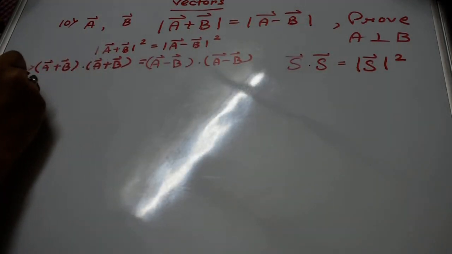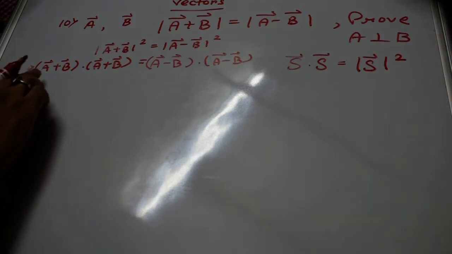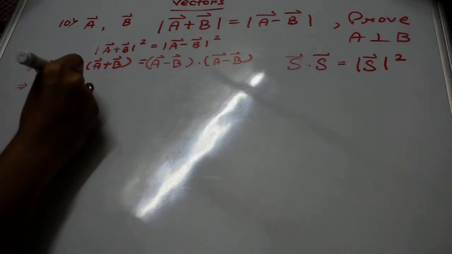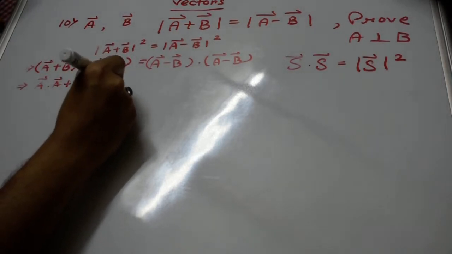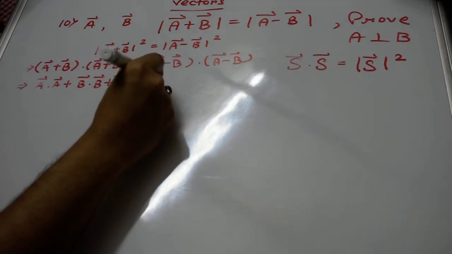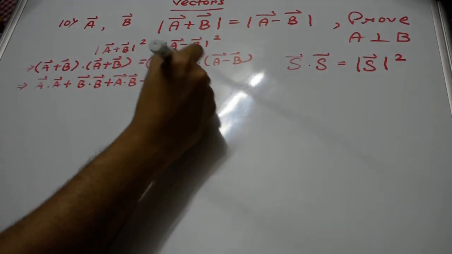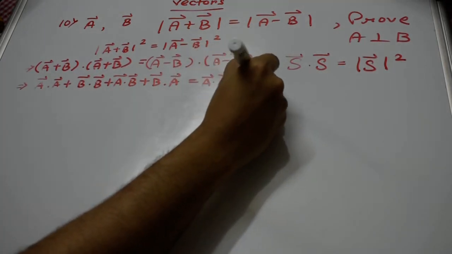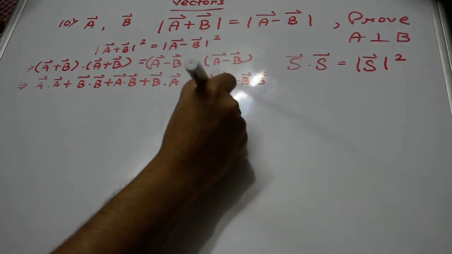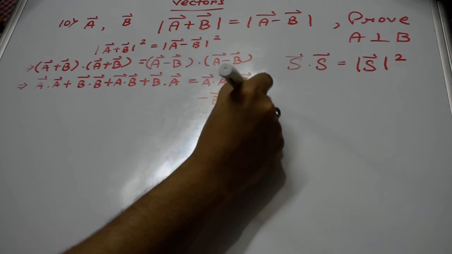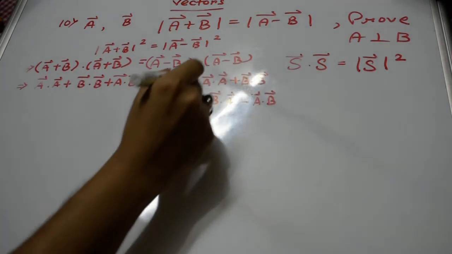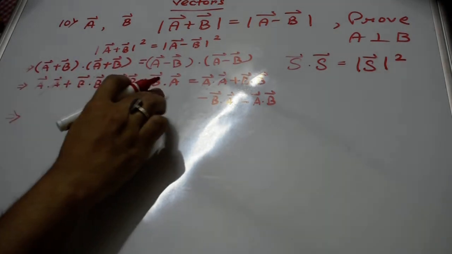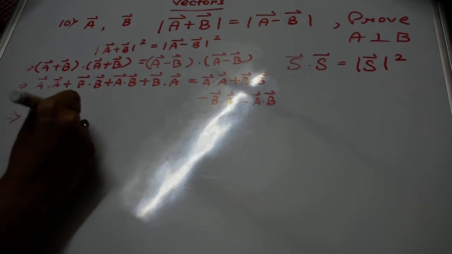Now if we do the dot products here, dot product is distributive, so all the components can be separately written as A dot A plus B dot B plus A dot B plus B dot A, and this will be A dot A plus B dot B minus B dot A minus A dot B. Now A dot A and B dot B get cancelled on either side. So what we have, A dot B plus B dot A, is nothing but 2 times A dot B,